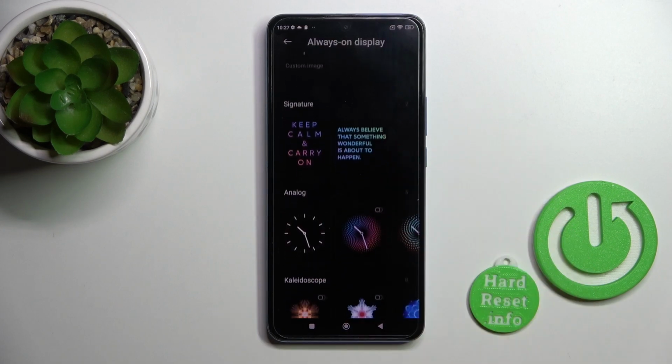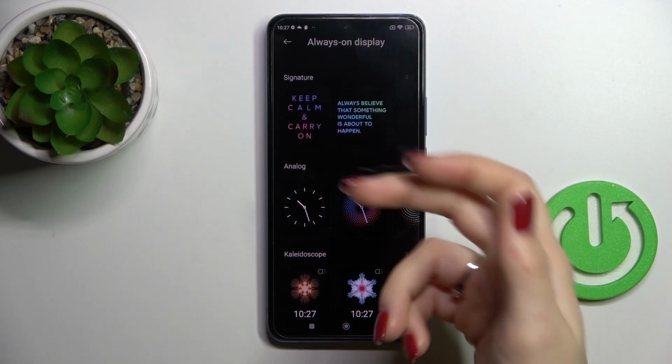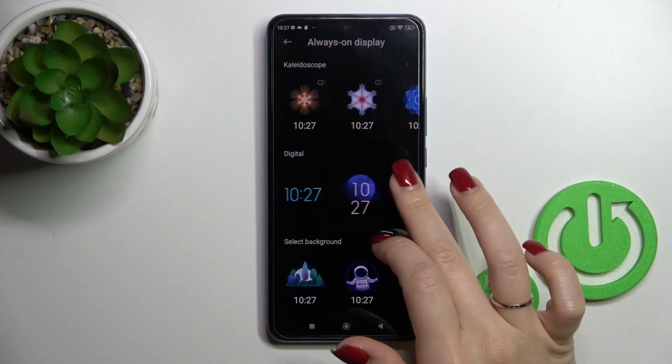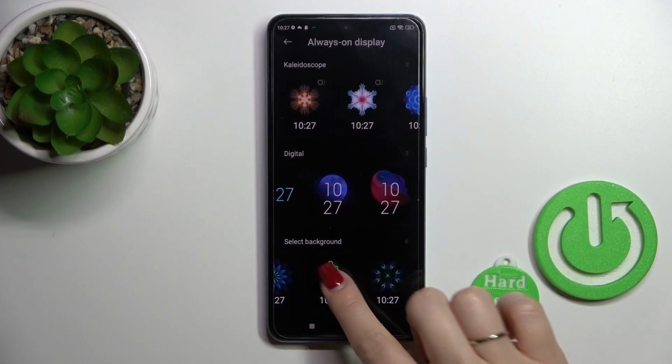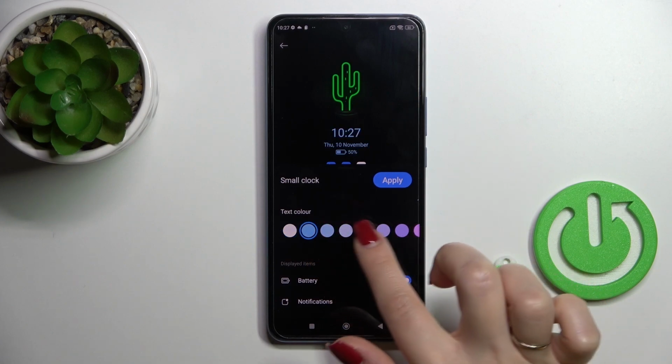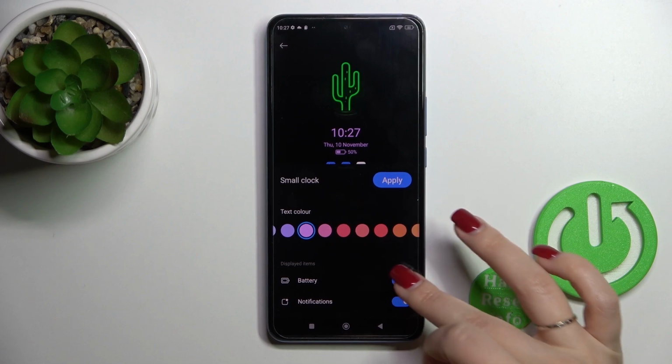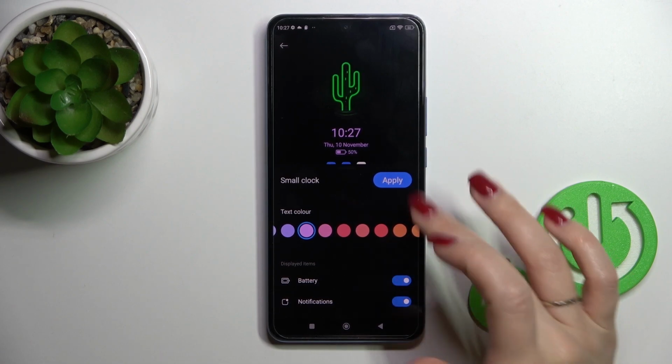If you want to use the default themes, the signatures, analog, kaleidoscope, digital clocks, and other backgrounds, you should just click it here. In the same way we can change the color of the battery and notifications, and just tap